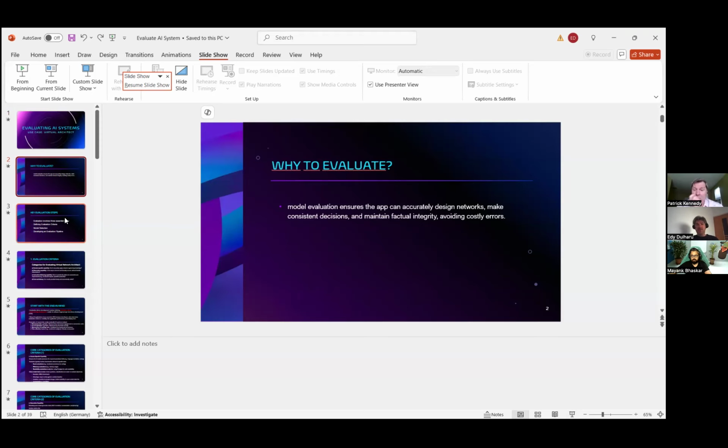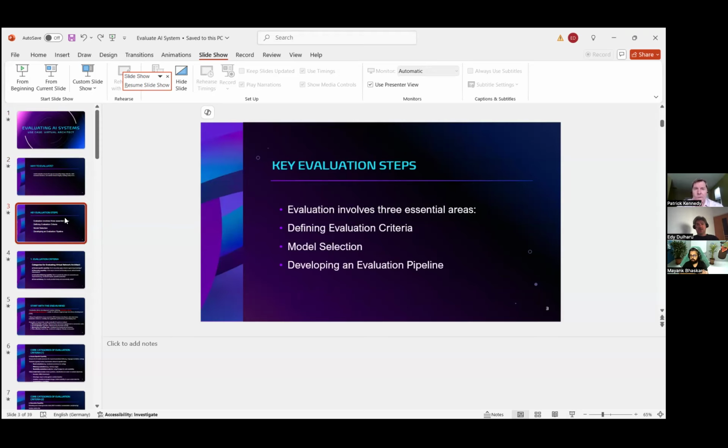The main steps which are part of the evaluation of an AI system start with defining the criteria. Which criteria do we want to measure a solution against? These criteria should have weights; we should classify the importance of criteria based on some business metrics.